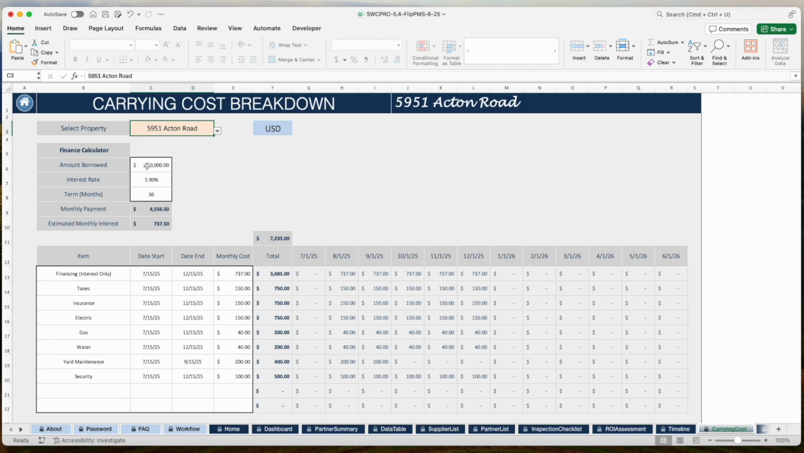But let's say you're going to finance it or not finance it. So if you're going to finance it, I've got a little finance calculator up here. So you can plug in amount borrowed, the interest rate, the term. And then in terms of carrying costs, you're going to get back the sum of your monthly payment. So you're really only losing the interest. So when you come down here, you'll see financing interest only is one of your items you're going to determine